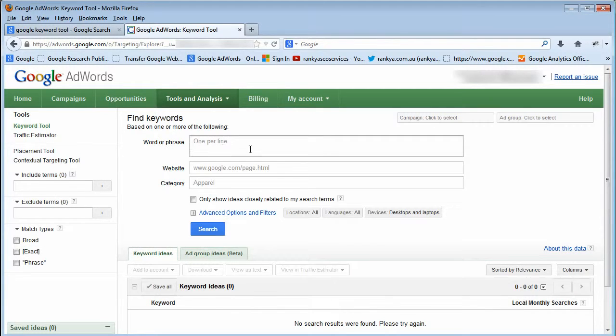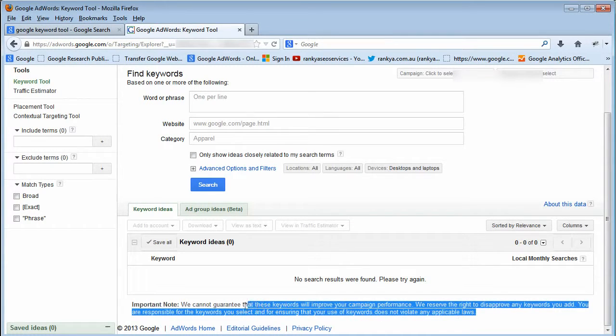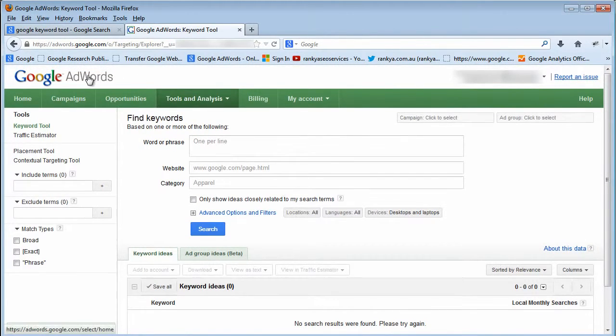Now, we need to first of all understand this fact. This is just to give us an idea, okay? And if you really read everything that you see on a particular user interface, then as you can see here, these are just ideas, and this keyword tool is designed mainly for AdWords. Okay, now as you know, Google makes billions of dollars every year out of thin air, and their money-making machine is their AdWords